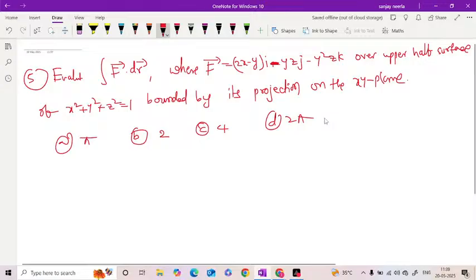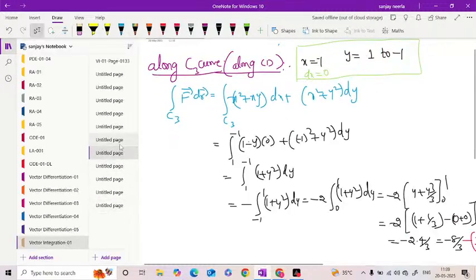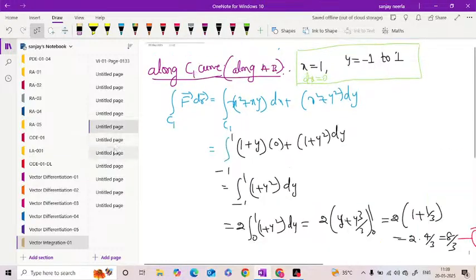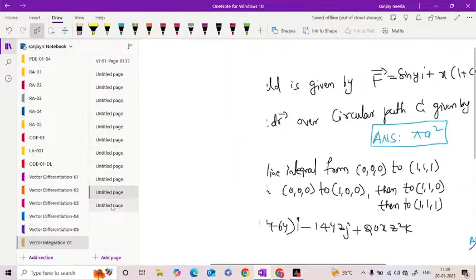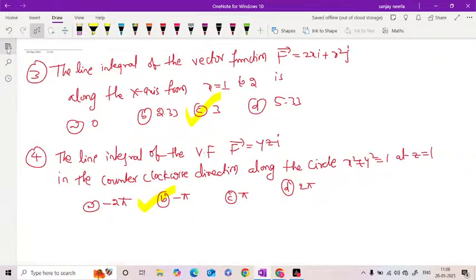So anyway, how many problems did we discuss today? 1 2 3, plus 4, total 7 problems. So these 7 problems we will solve again by using the Green's theorem and Stokes theorem. Okay,